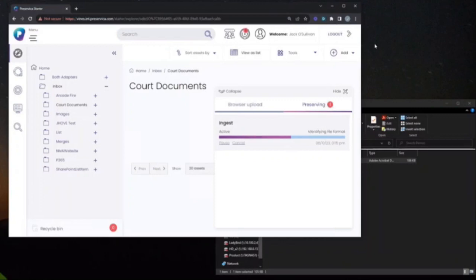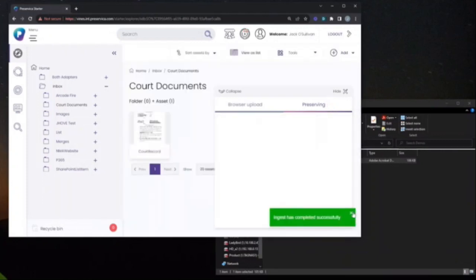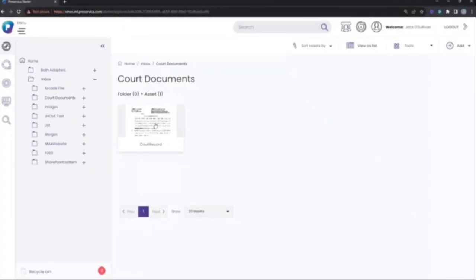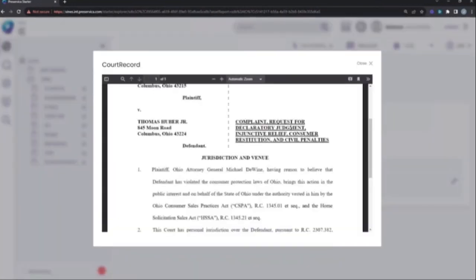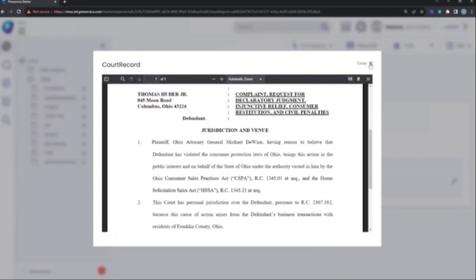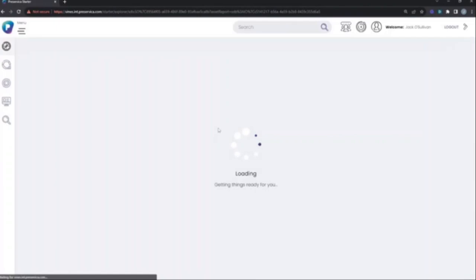And at the end of the ingest, it fires off a webhook notification that says that a new piece of content has been ingested into Preservica. And the AI tool that we've written is listening for that webhook, and it will look to see what the content is. And we can see when it's first ingested, we can render it within Preservica. We can see some very basic descriptive metadata. There's no extended metadata because all I did was drop the file in.